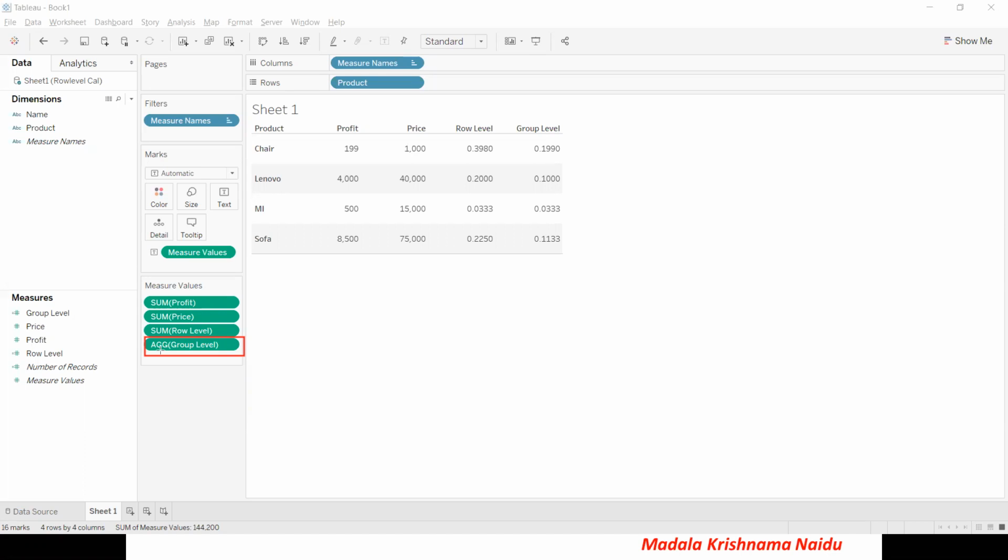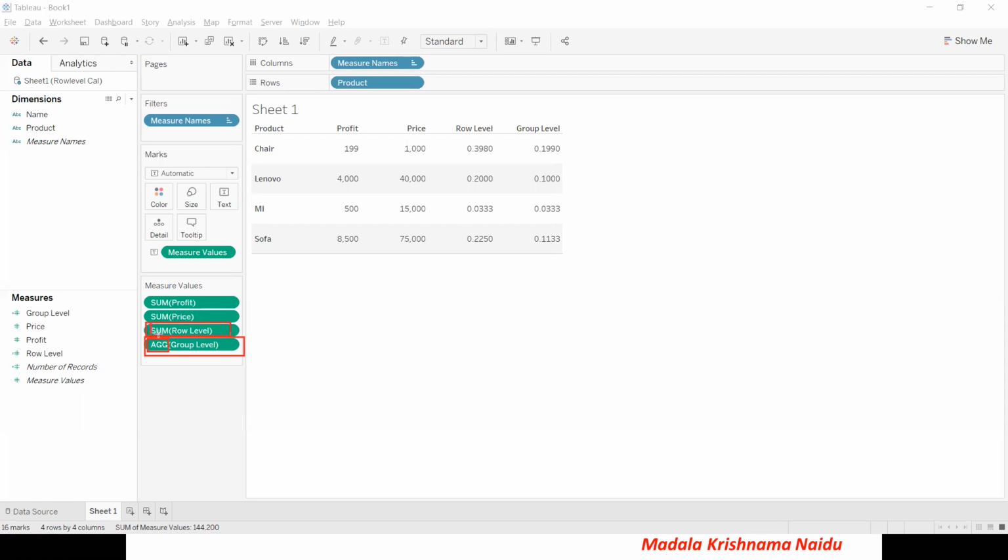Okay, now here if you see, the row level calculation, whenever you drag that one, automatically it is going to be summed up. Why is it summed up? Because the default aggregation in Tableau is sum. Whenever you see AGG in your visualization, it means it's an aggregated field.